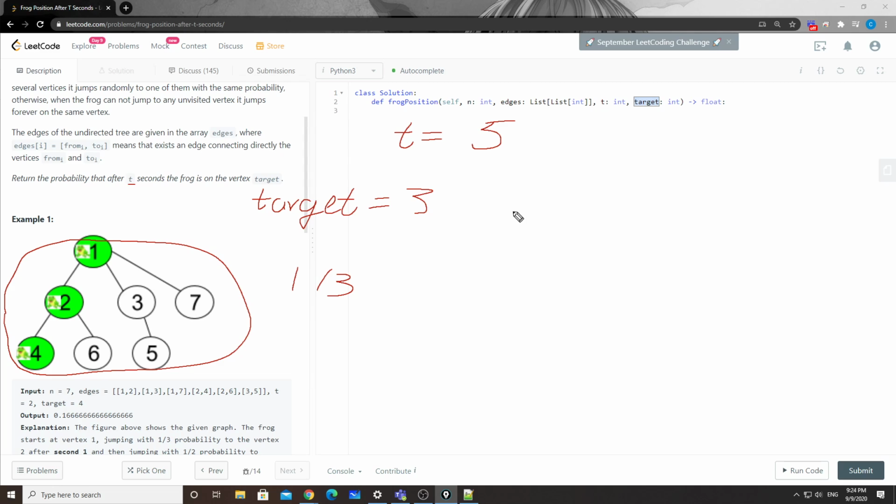I mean, the first one is if the current time is equal to the t. Okay, so if that's the case, let's say for example, if the t in this case is 1 instead of 5, which means when we're at 3, the target, the time just happened to be our final target time here, then of course we can simply return the current probability. That's going to be our answer. Okay,